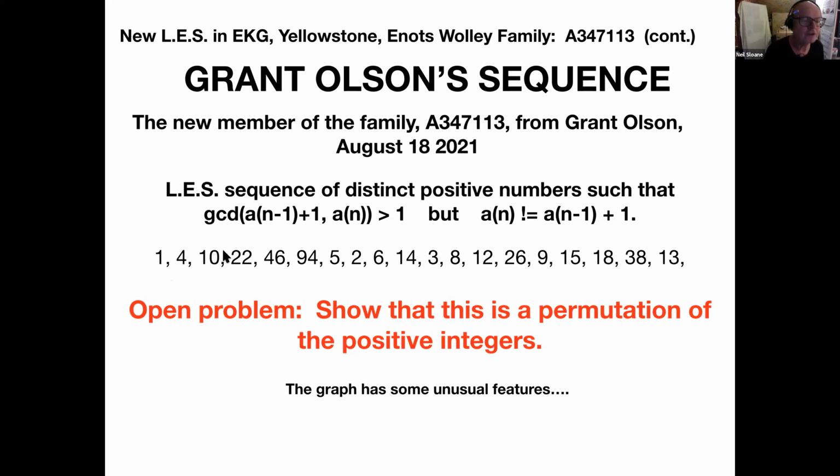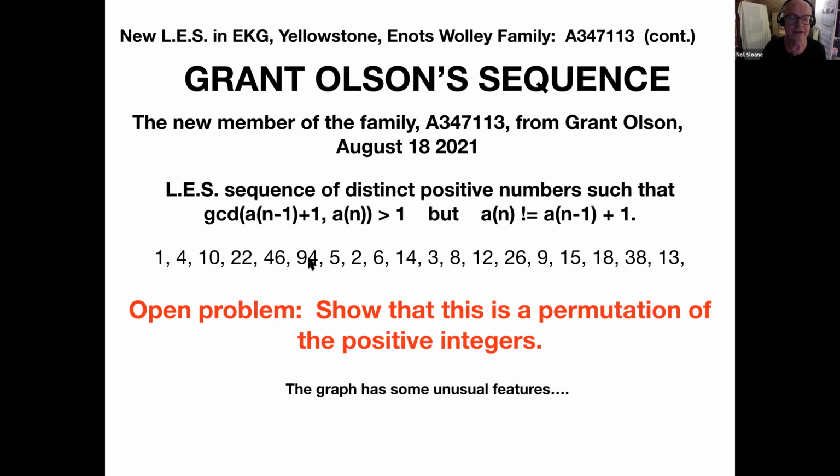So it goes 1, 4, 10. Now, 10 plus 1 is 11, so we get 22. 22 plus 1 is 23. It's got to be 46. 46 plus 1 is 47, a prime, so we've got to have 94. So we've shot up by doubling 4 times in a row, basically, and we've gotten